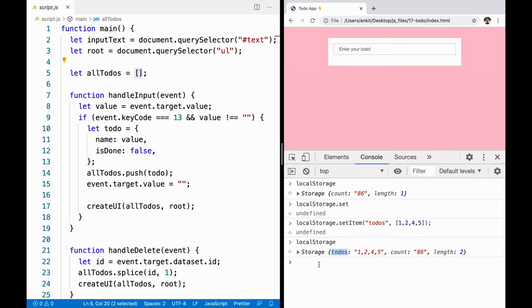When you add different types of data in local storage, it converts that data into a string format. You remember last time when we were adding a number, it got converted to a string. Similarly, here this array got converted to a string, and we can check it by converting this array into a string, and we can see this data and this data is similar.